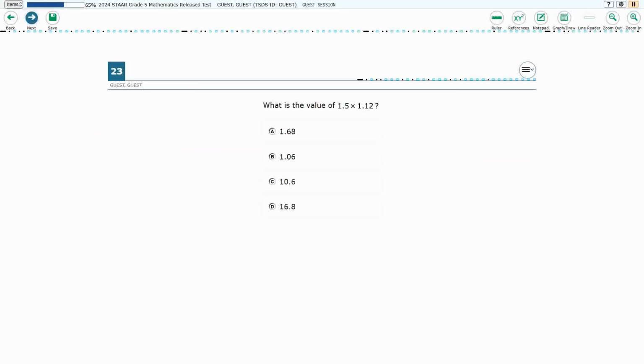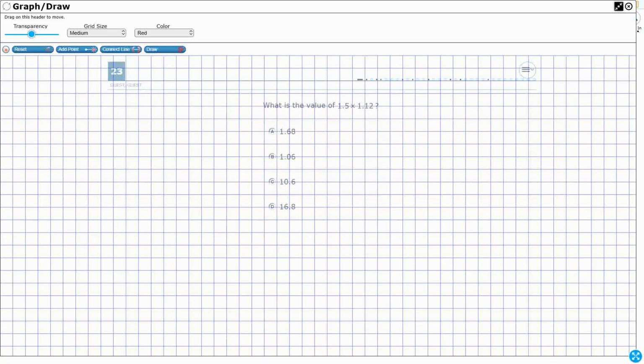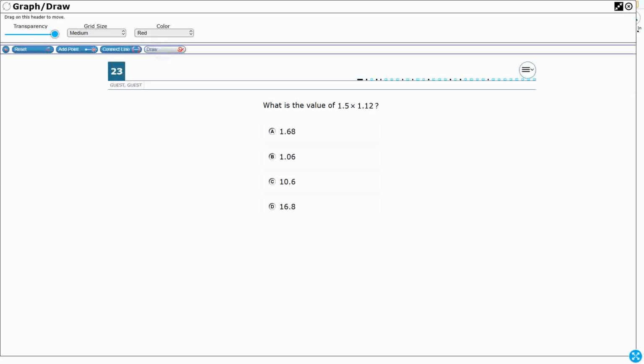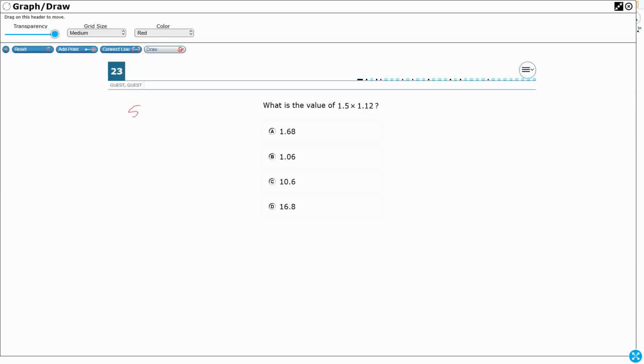For 23, it is multiplying decimals, and there's not much to it. It's just multiplying decimals, standard 5.3e, and they just want the answer. They're not even going to try to make you guess what operation we're supposed to do. 1.5 times 1.12. All right, so let's just multiply. Let's multiply